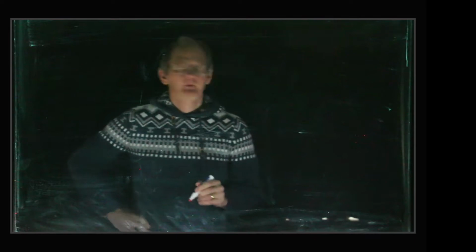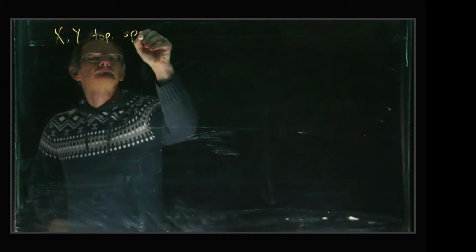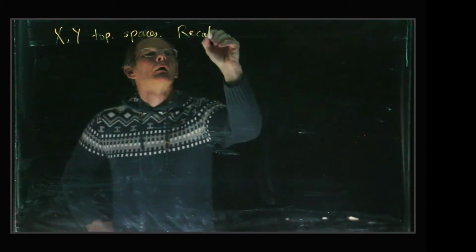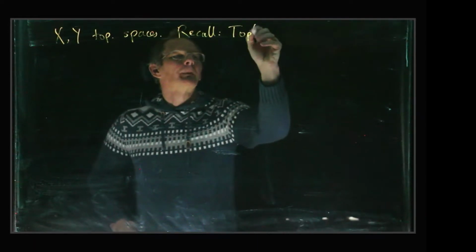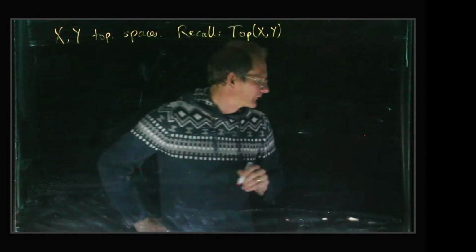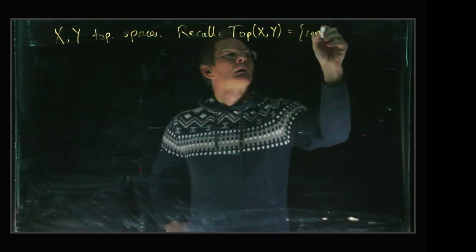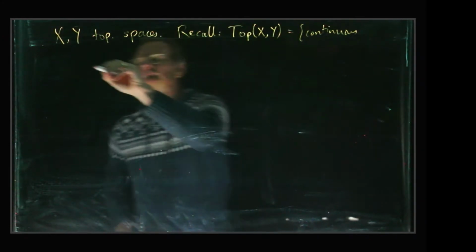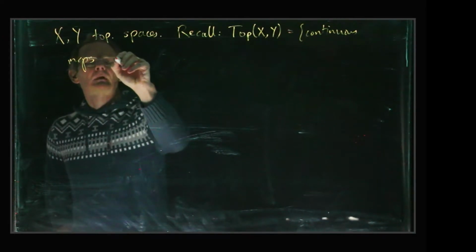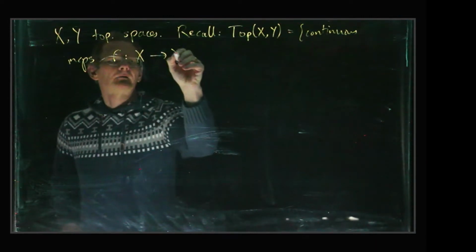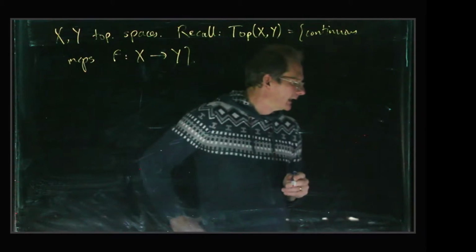In this video we're going to introduce the idea of homotopy. So this is how I'd like to define it. Okay, so X and Y are going to be topological spaces. And then we're going to recall, if we look at Top(X, Y), we're using this kind of categorical notation, this is just a set of continuous maps. Say f from X to Y, and so we're going to say that